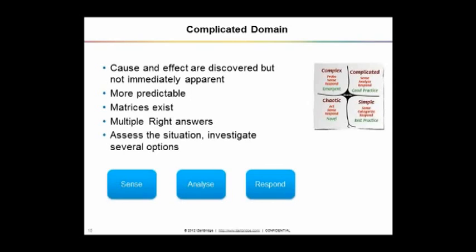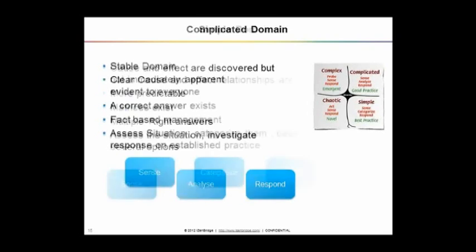But you have various answers. You know that there are various ways of doing things. And which one is the best, you need to analyze. And in order to identify the best, you keep sensing the situation and keep doing data analysis and keep changing your direction. So you have one possible way of doing things, but since there are various ways of doing things, you need to keep improving and keep experimenting, asking do we need to change the way to a better one. But you do have a clearly defined relationship.